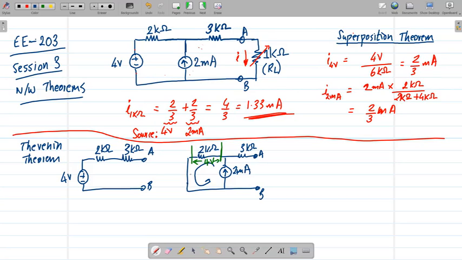And what is the direction? This is positive and this is negative because the current is flowing from right to left, right? So the voltage is positive, negative. So there is 4 volts due to the voltage source that's adding up with the 4 volts due to the current source. So the essential Thevenin voltage is going to be 8 volts.